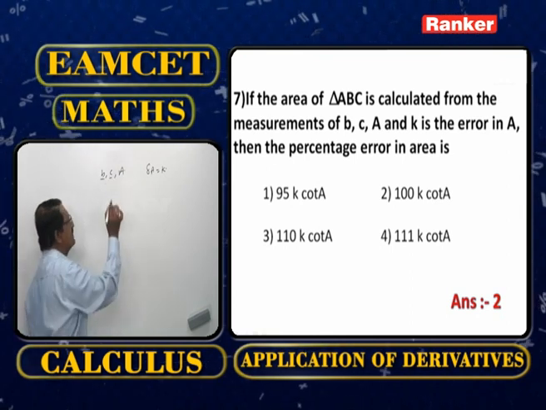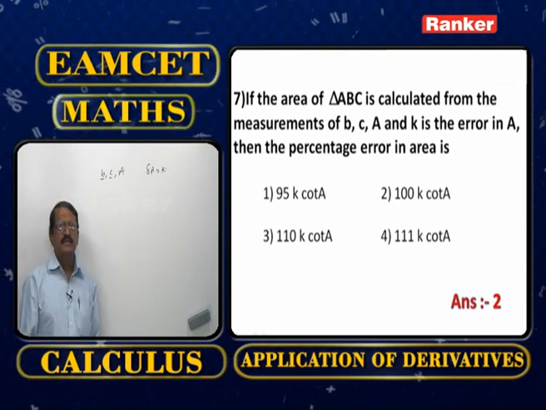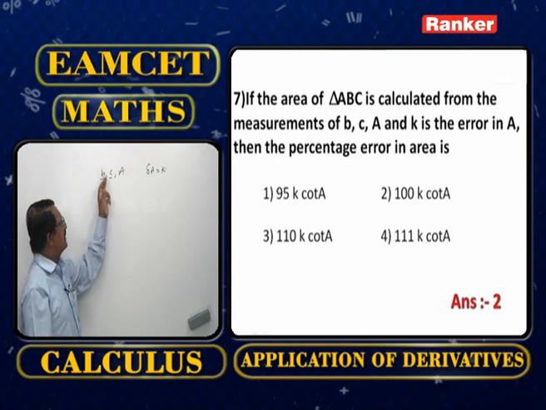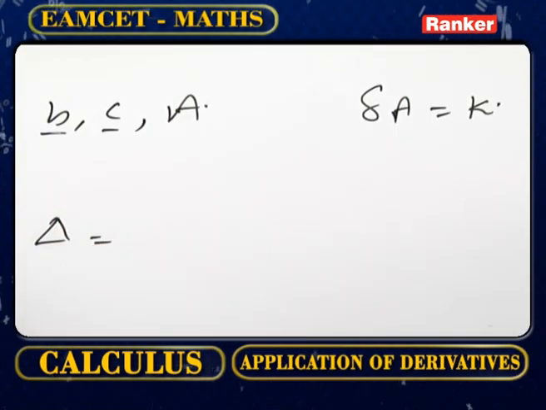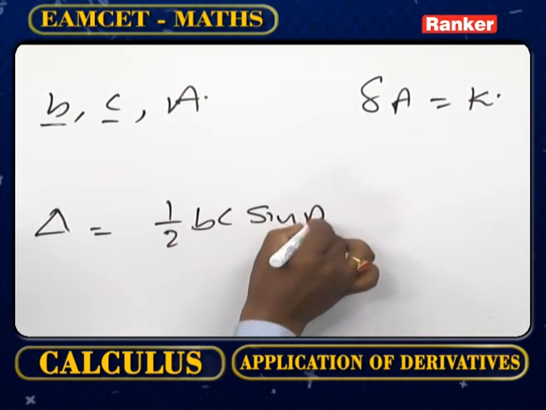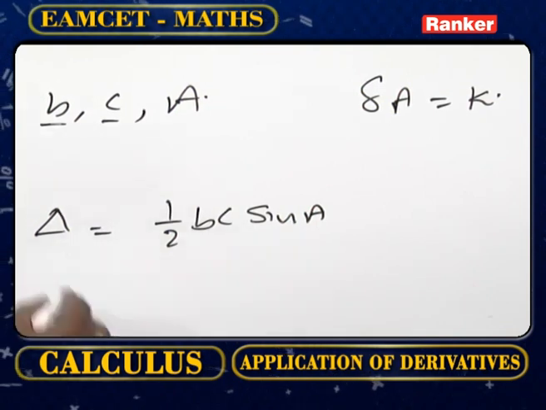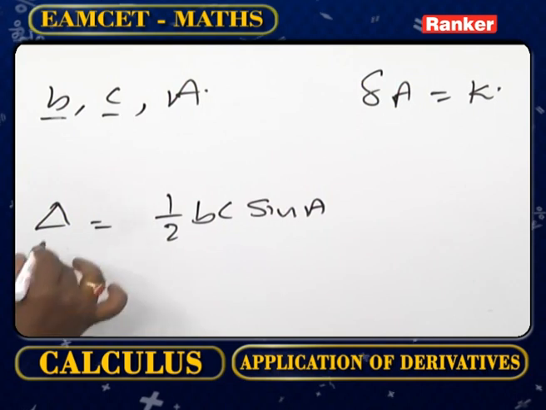Here b and c are lengths of the sides, and capital A is the angle between the sides b and c. The area of the triangle delta equals half bc sin A. Now the required percentage error in the area of the triangle